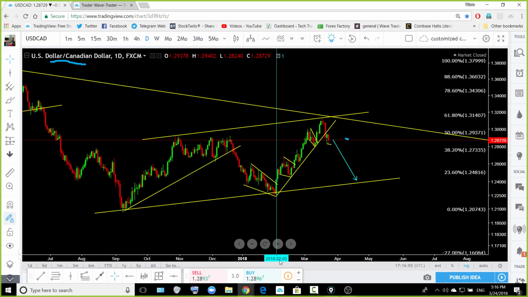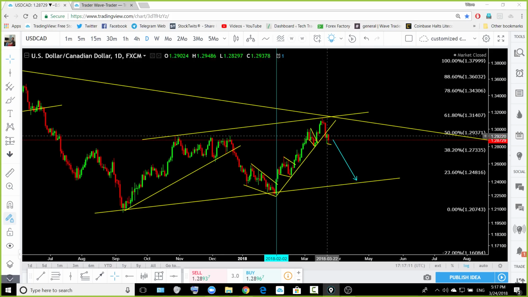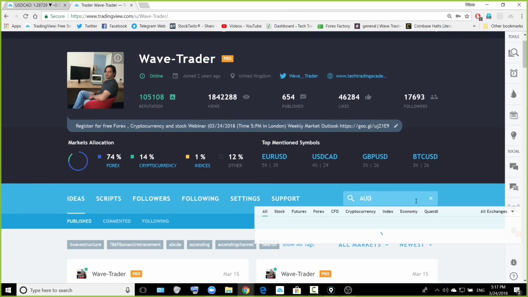On 2nd of February, we were having that wave. You see that? We were having that wave. And at the same time, I was showing you a buy setup at this area, at that bottom on the dollar CAD. If you were following me for a while, I was showing you that pattern formation when price was at this area. And at the same time, what I was showing you on the Aussie dollar and US dollar,